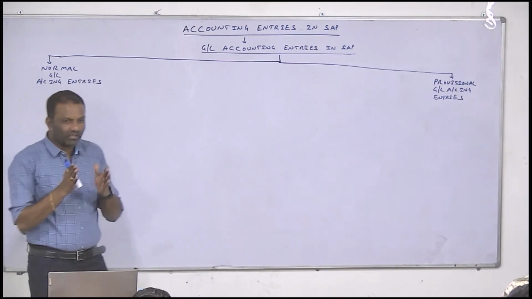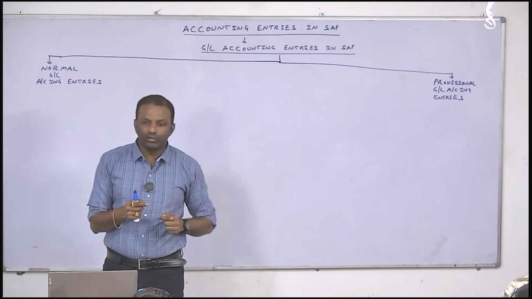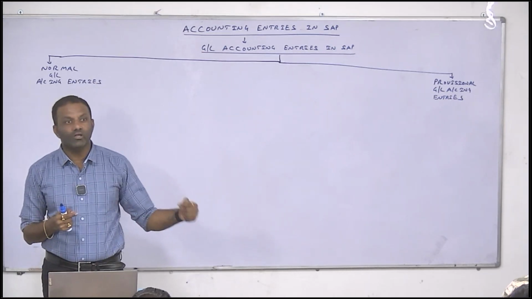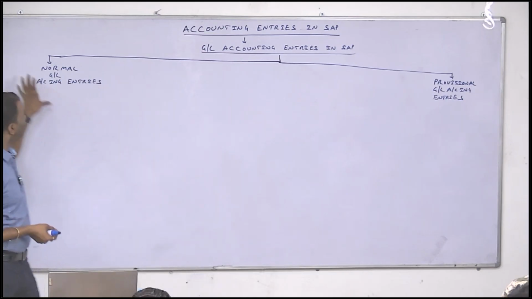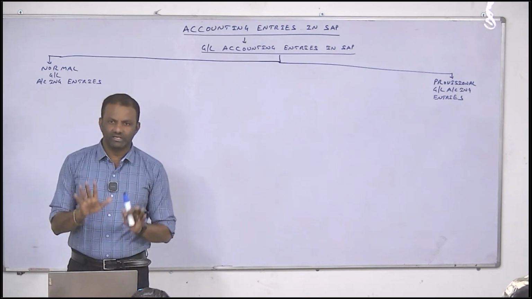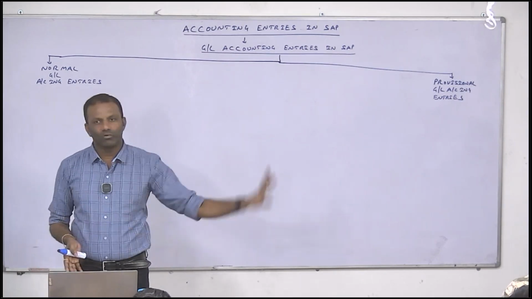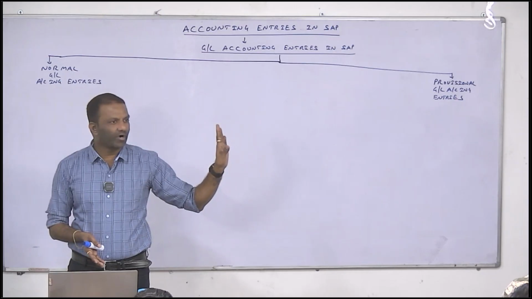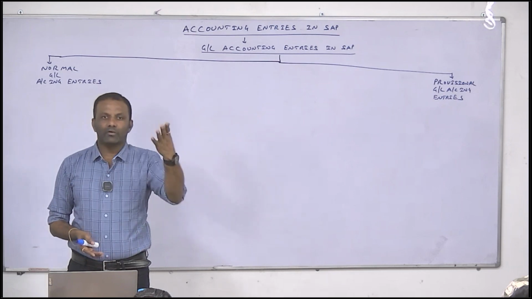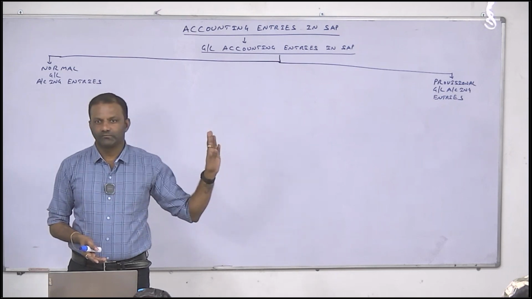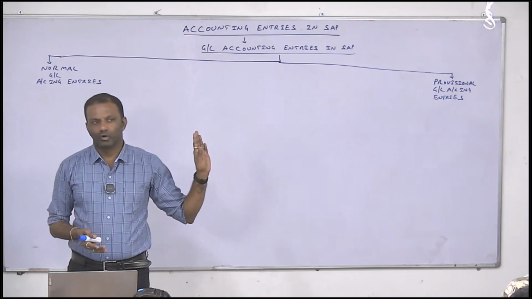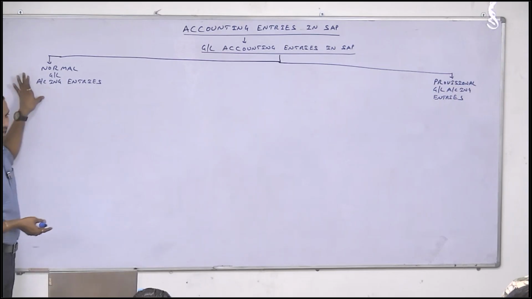That means once you have posted that entry, you don't do any additional thing with respect to the previous entry. Those type of entries we call normal GL entries. The user will open the SAP application and post. Just assume the traveling expense account, bank account, over. The document is over. Lunch expense account debit to bank account, the document is over. Bank account debit to loan account, the document is over. Or cash account debit to bank account, the document is over. These type of entries we call normal GL entries.